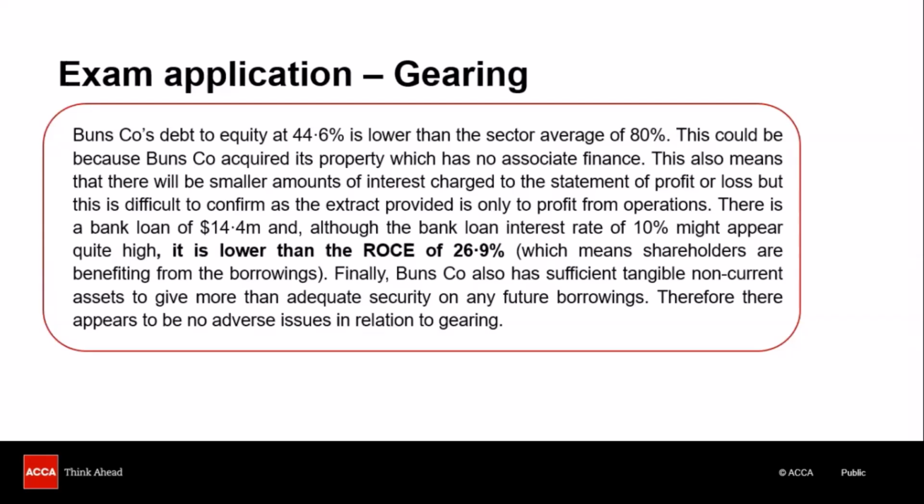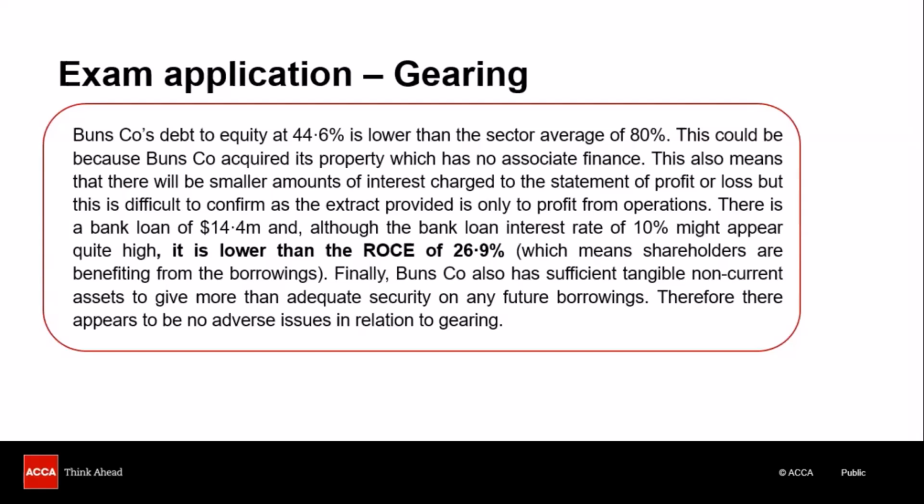So there was an extract provided, there was a property purchased. It was not mentioned that to purchase that property, the company had taken a loan. So the second line was mentioned that there was no associated finance. There is a bank loan of 14.4 million. And although the bank loan interest of 10% might appear quite high, I've specifically highlighted this area for you. See, this is a beautiful way of linking